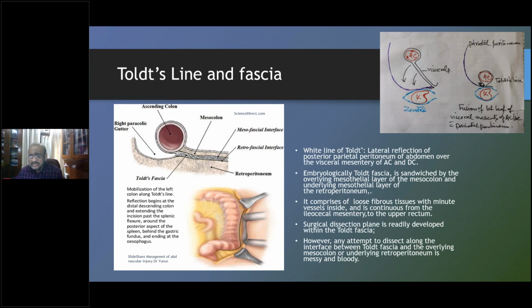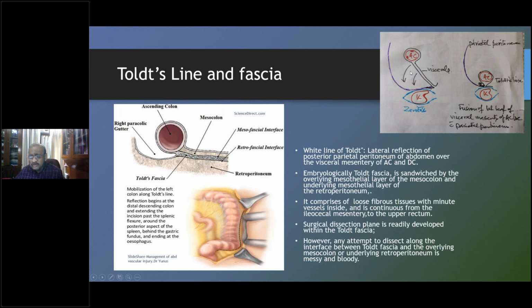Now, in the 3rd stage, what's happening is that this is going to rotate, and the parietal peritoneum is going to combine. See the rotation occurring out here, so that this layer of the visceral peritoneum, that's the lateral layer of the visceral peritoneum, and this part of the parietal peritoneum, they're going to fuse. Behind is lying the mesothelial layer of the retroperitoneum. So there are 3 layers actually out here. One, the visceral. Number 2, the mesothelial layer of the parietal peritoneum, and the mesothelial layer of the retroperitoneum. Now, these three would form what is known as the Toldt's fascia.